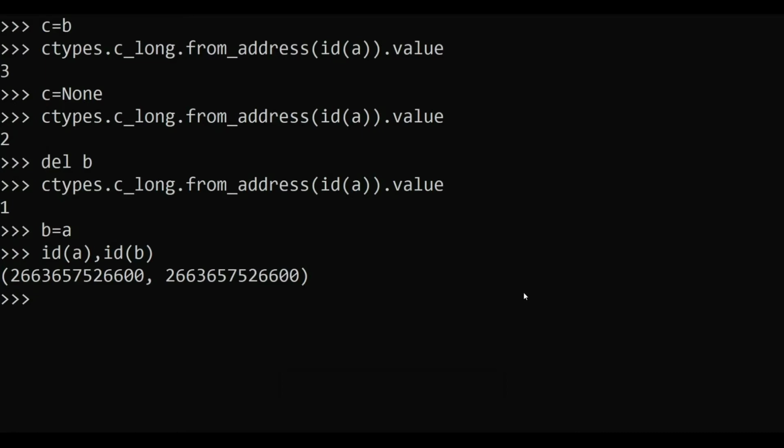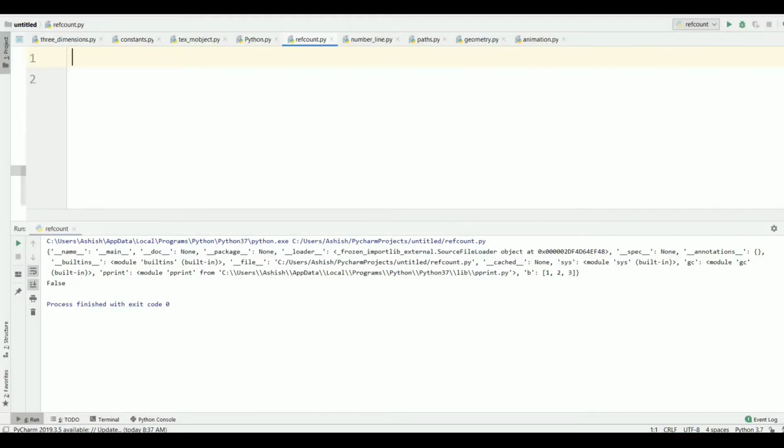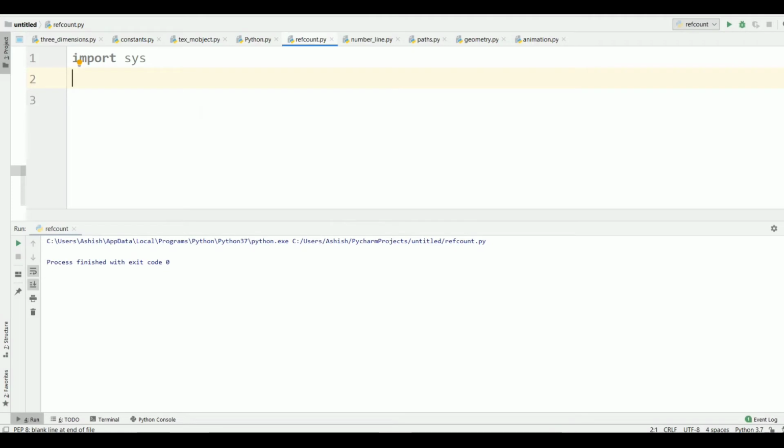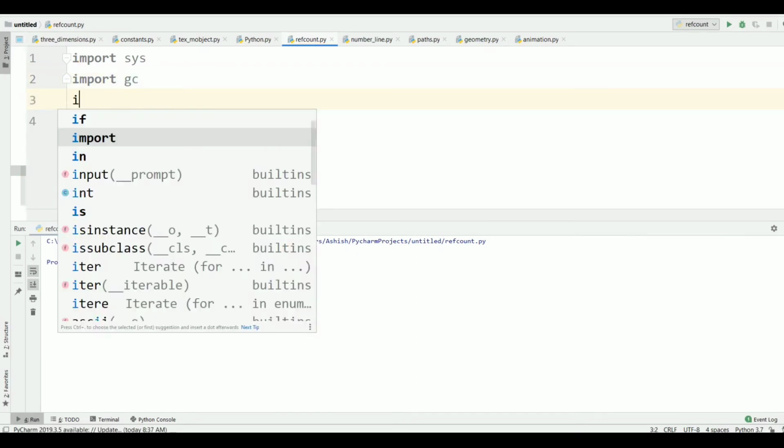Switch to PyCharm. Here import the sys module. Now import gc, that is the garbage collector.